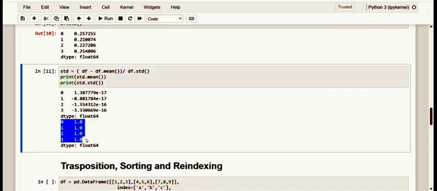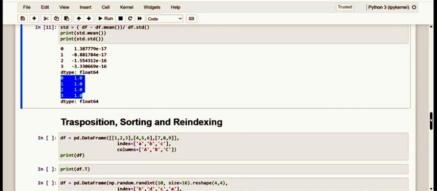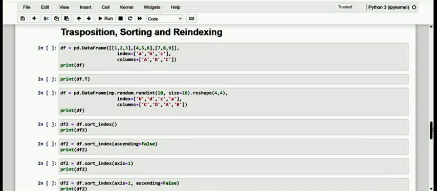Fine. So we will see some of the techniques that rearrange the internal structure of the data frame by acting at the index level. In fact, dear friends, the order of labels within the data frame is not immutable but can be changed during the analysis. The techniques that act at this level include transposition, sorting and re-indexing. Let me start with the transposition.